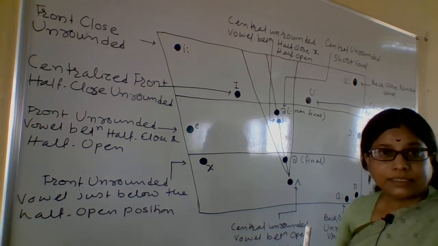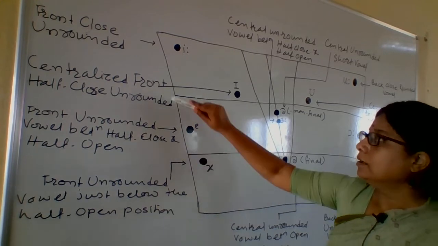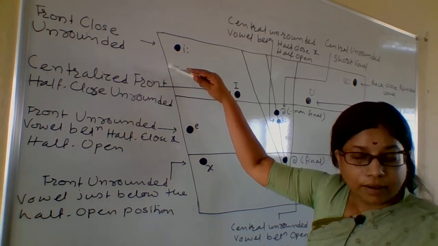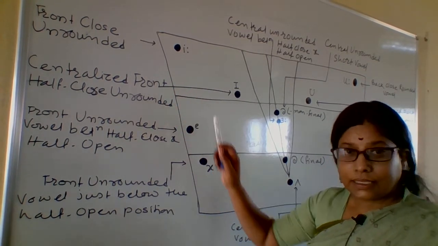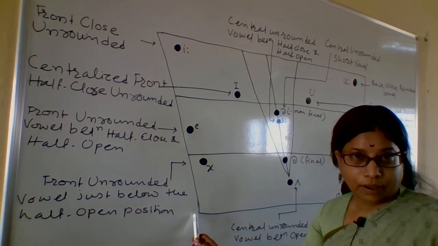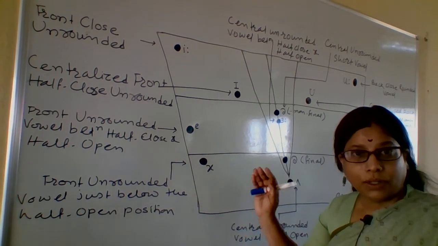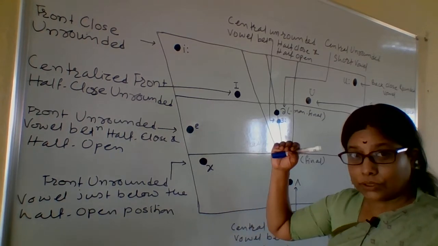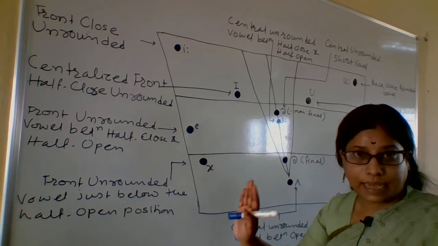The third label is given according to the height to which the tongue is raised. Now, the height to which the tongue is raised is measured like this. This is known as the open position. In the earlier video I have explained all these things in detail. You can go to that video to understand what is open and what is closed position, what is front and what is back in exact detail.